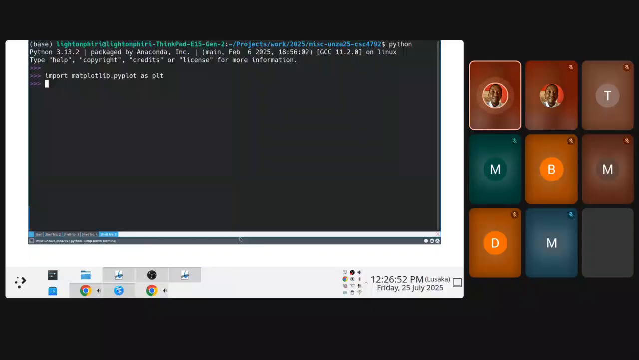If you're a rebel like that, you can do the usual stuff: from matplotlib import pyplot as pp. Now you're a rebel here. So it's one and the same thing. You see, I can do a plt dot